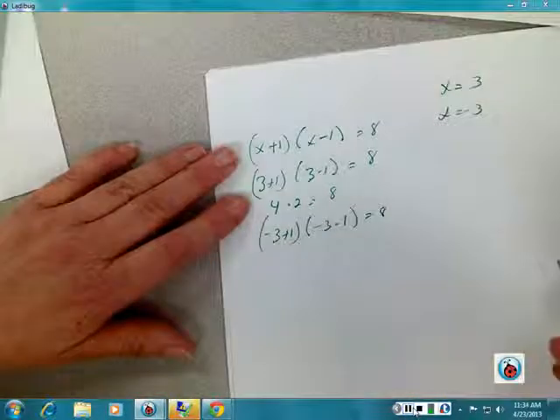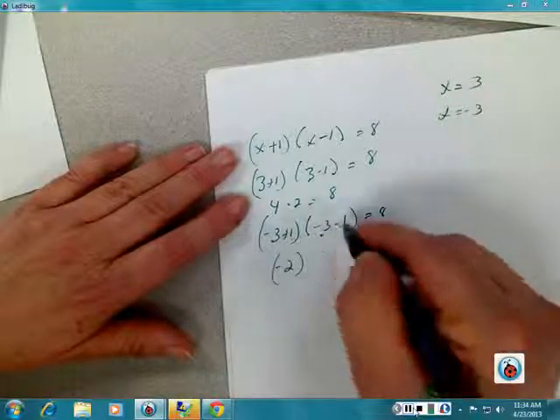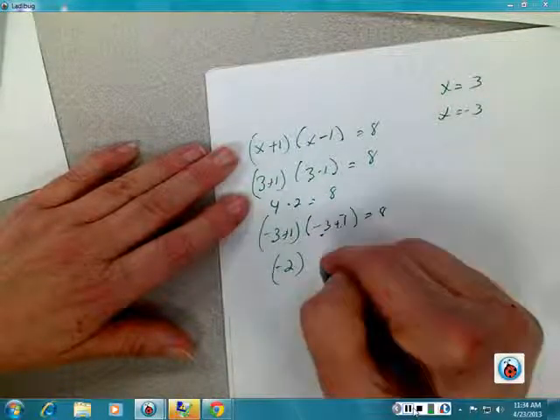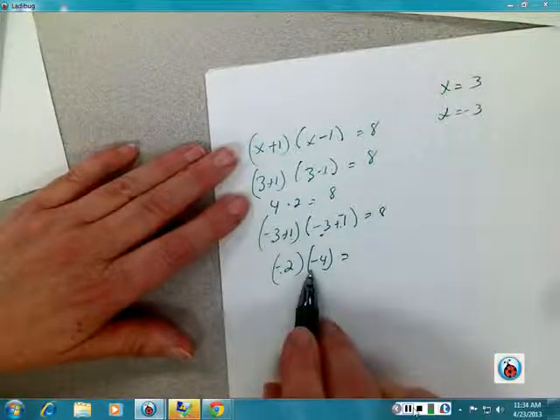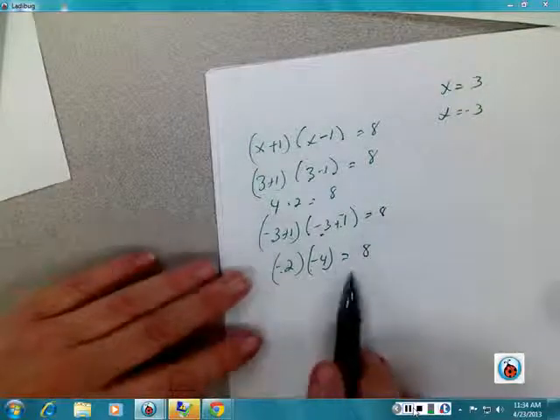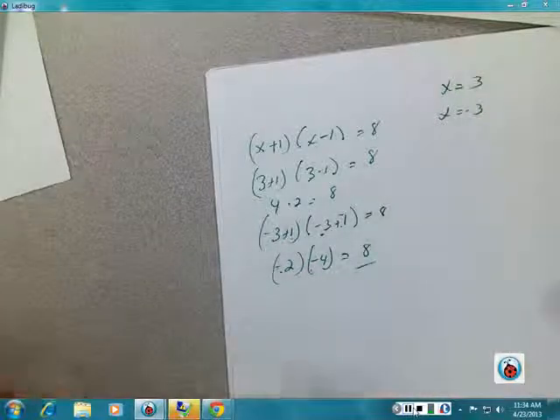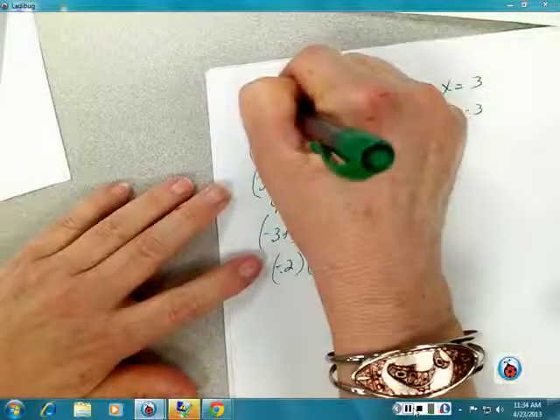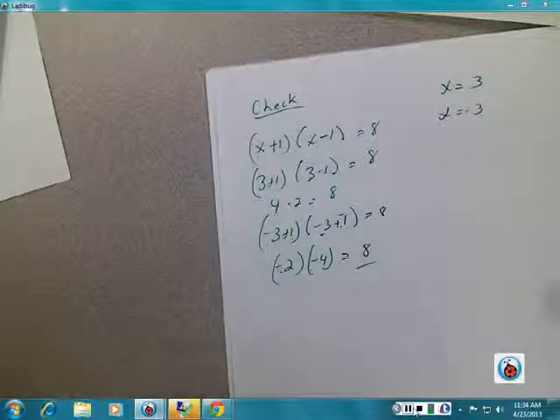So negative 3 plus 1 is negative 2. Negative 3 minus 1 is actually a negative 3 plus a negative 1, or negative 4. And a negative times a negative gives me a positive, and 2 times 4 is 8. And so therefore my solution comes out to be the answer of 8. And so I did it right. So both of those work. So this was the check. I guess I should write that at the top so that we know that it does end up working out correctly. Continuing on with these,